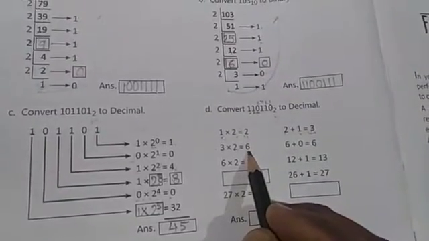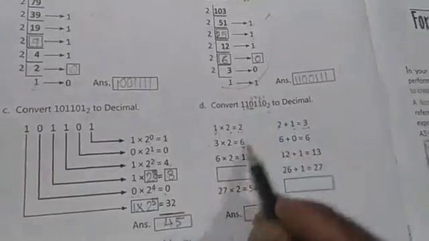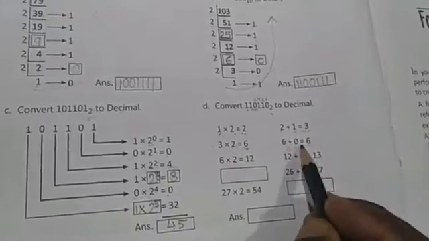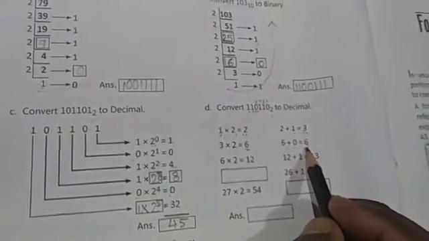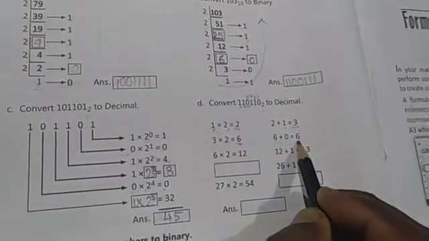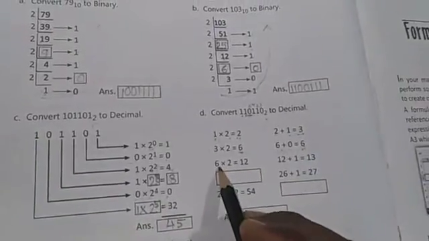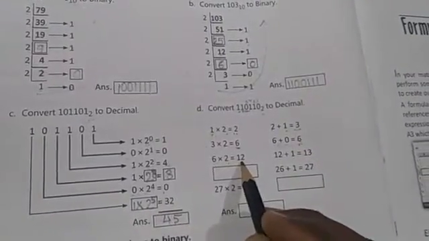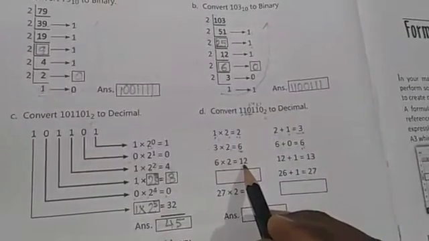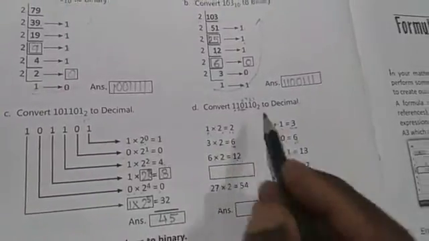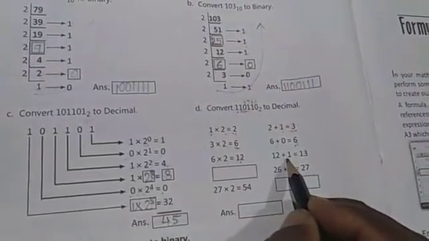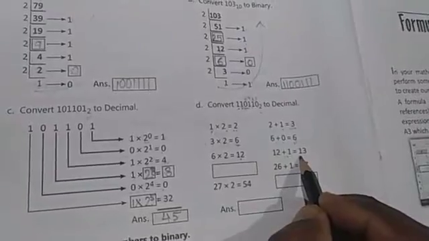Again we will add to this the next number. What is the next number? Next number is 0. So in the answer 6, 0 will be added. So what is the number? 6. After adding the next number, what is the next process? To the answer, multiply by 2. When the answer is 6, multiply it by 2. The answer is 12. When we have multiplied 6 by 2, the answer comes 12. Then what is the next process? In the next process, we will add the next number. Next number is 1. So here to the 12, 1 is added. What is the answer? Answer is 13.